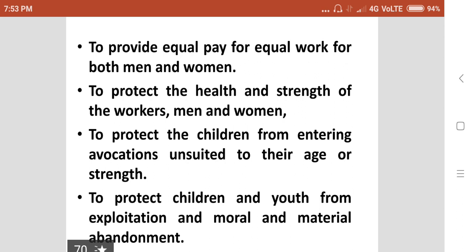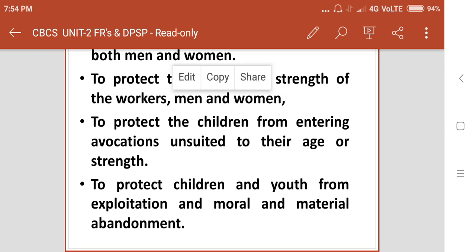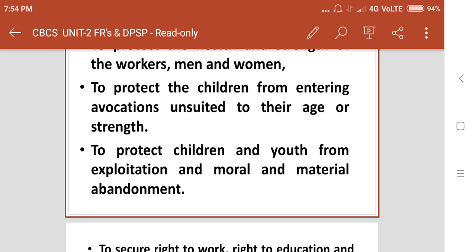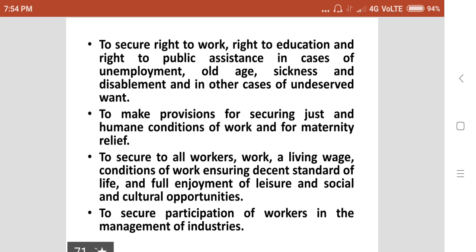to protect the children from entering avocations unsuited to their age or strength, to protect children and youth from exploitation and moral and material abandonment, to secure the right to work, right to education, and a right to public assistance in cases of unemployment, old age, sickness, and disablement, and in other cases of undeserved want,